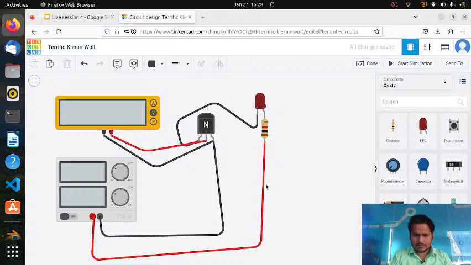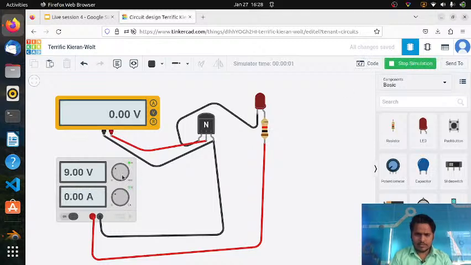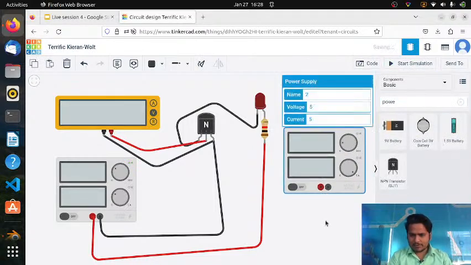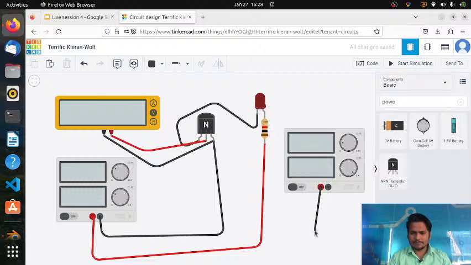Collector is positive, so we are applying 9 volt, and at the base nothing is connected. Let me take another power supply. With this power supply we will give voltage at base. So let me connect to base